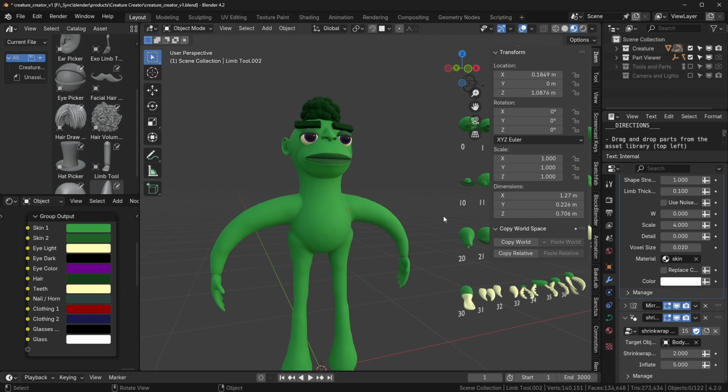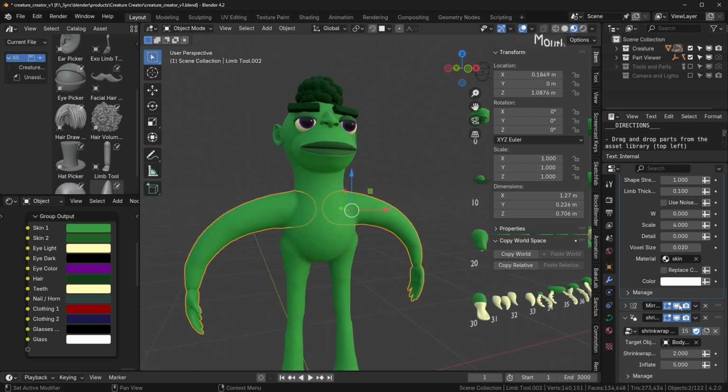Most of the things you're going to need are at the top, but there are a few others. So a lot of them have a mirror modifier. If for some reason you want an arm to only be on one side, then you can just turn the mirror modifier off. That's how a lot of things are mirrored. And we also have this shrink wrap and blend normals thing,